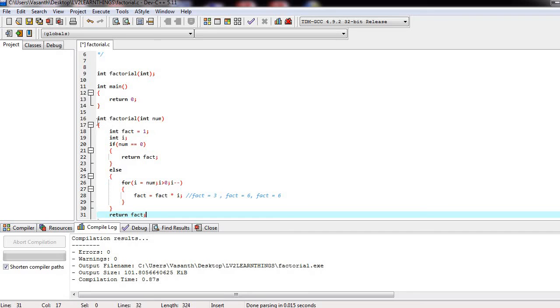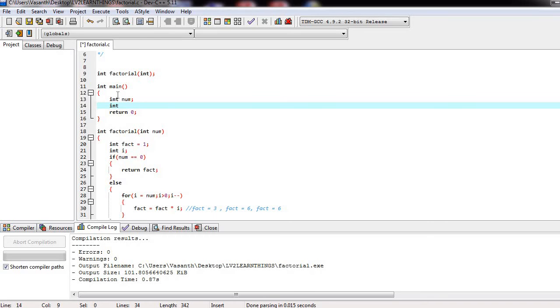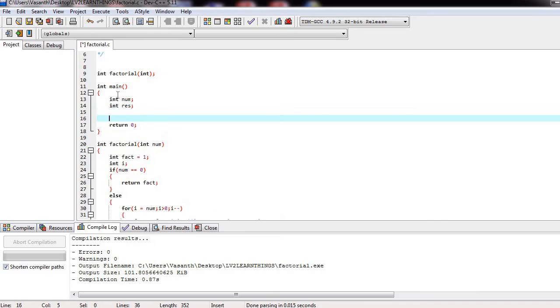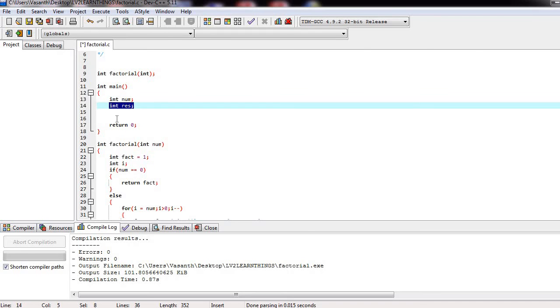So you have to call this factorial function from your main function. So I'm going to call it from the main function. So here I have declared two variables. One variable I am using for getting input from the user, another one is for storing the result.